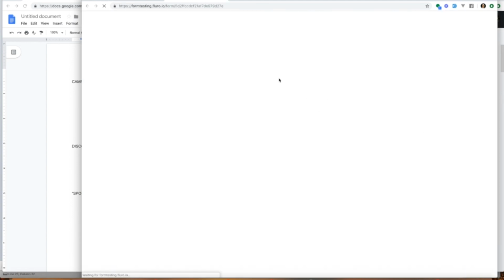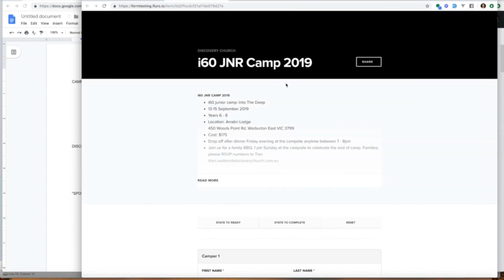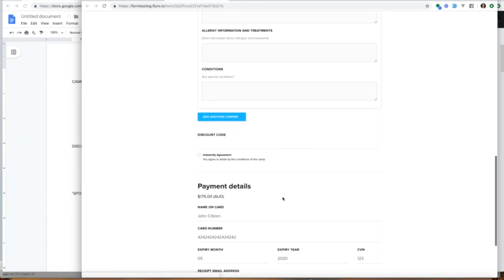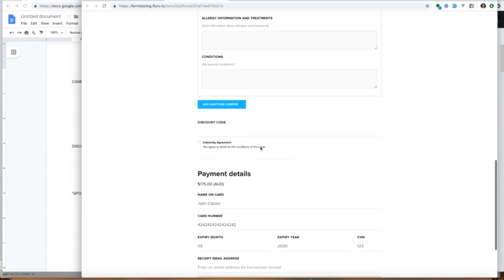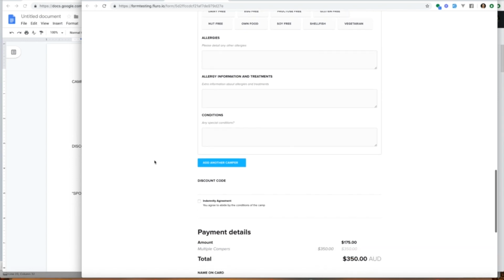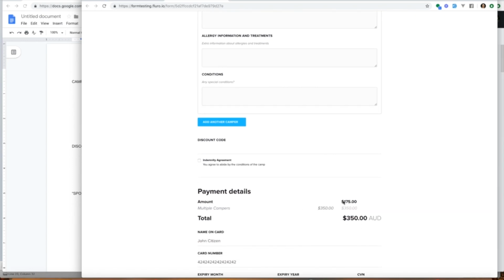And we've got $175 down here. And if we click add another camper, what that will do is it will add the multiple campers, and it'll actually change the price to $350 instead of $175. Now, we can make that look a little bit nicer. Rather than setting the price, we can say multiply